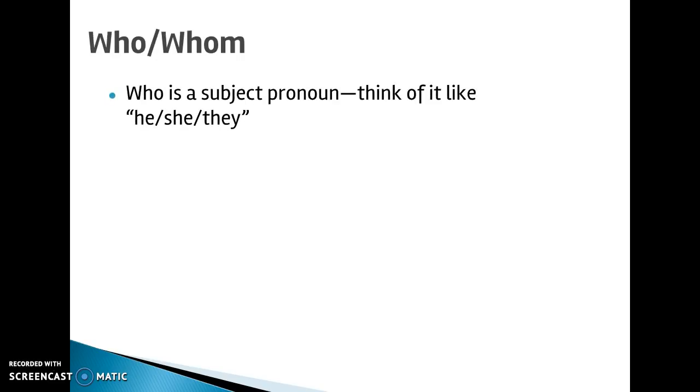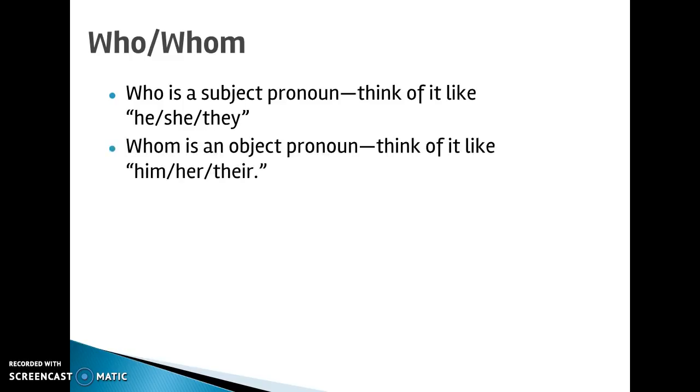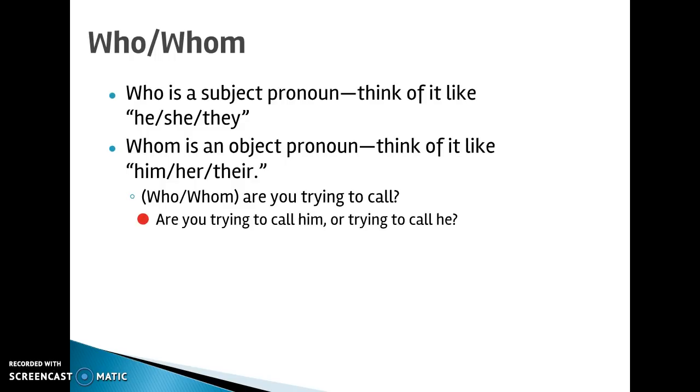Another case is "who" and "whom." So let's think through the fact that "who" is a subject pronoun. Think of it like "he," "she," or "they," whereas "whom" is the object pronoun like "him," "her," or "them." But the same rule applies. If the pronoun is doing the action, use "who." If it's receiving the action, use "whom." So if I were to say, "Who or whom are you trying to call?" Well, I know the person I'm calling is receiving my action, so I would say